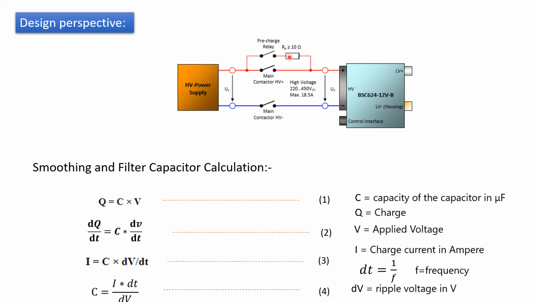So it depends upon the series resistance, the current will go to the capacitor. Let's consider a 230 volt supply, then the peak value will be 230 into root 2, which is 325. So you have 325 volts available across U1. If you keep a 10 ohm series resistance, the current flowing will be 3.25 ampere. It will start charging, and as per my understanding it takes around 2 seconds maximum to charge the entire capacitors.